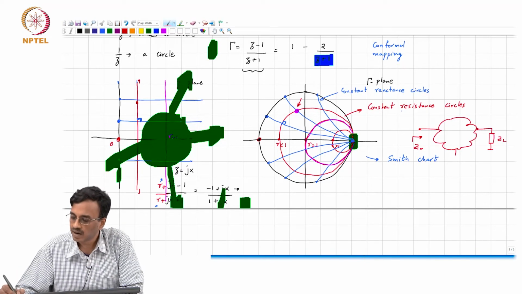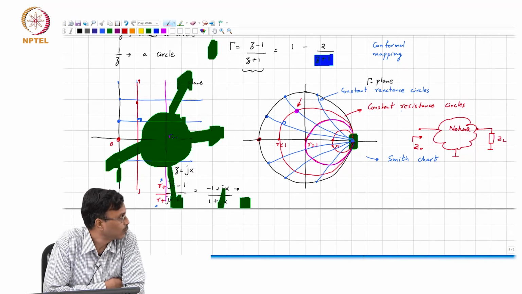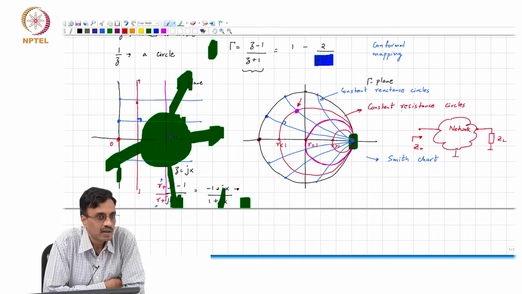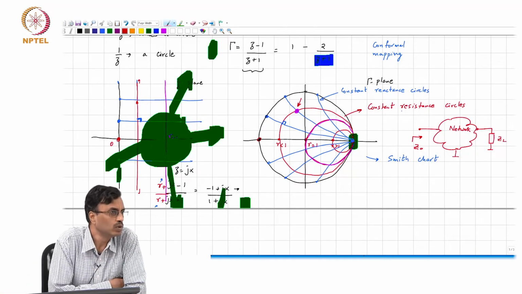So, I will try and put a network between my source and the load in an attempt to make the looking in impedance equal to Z naught, and